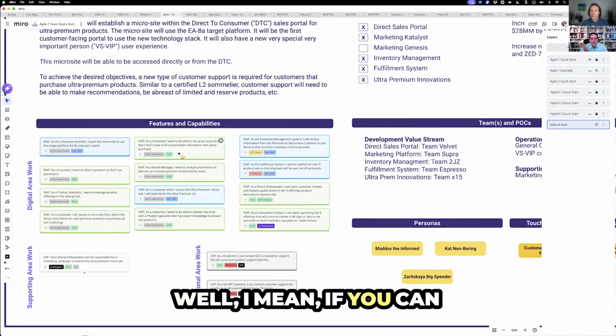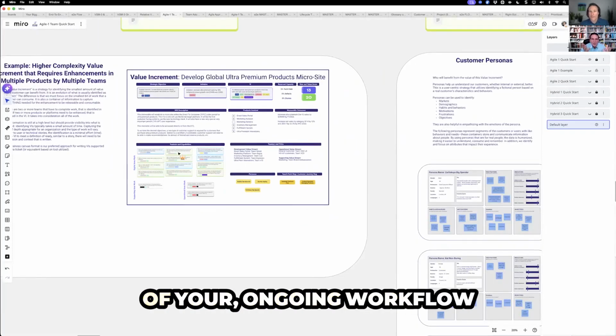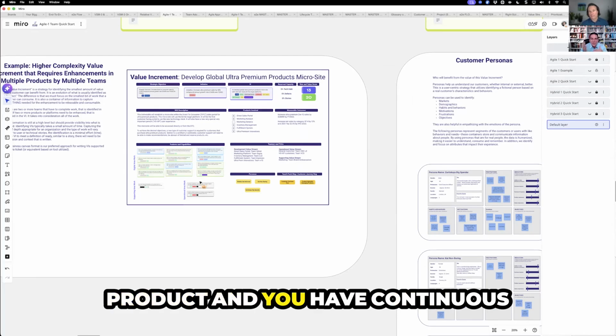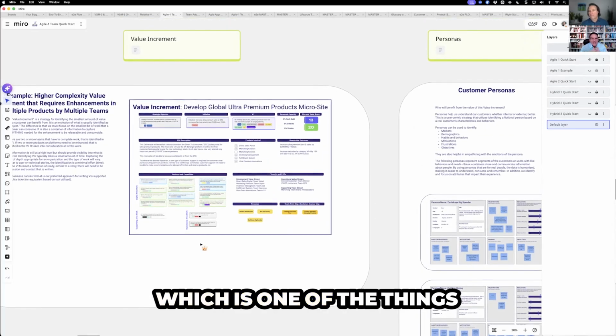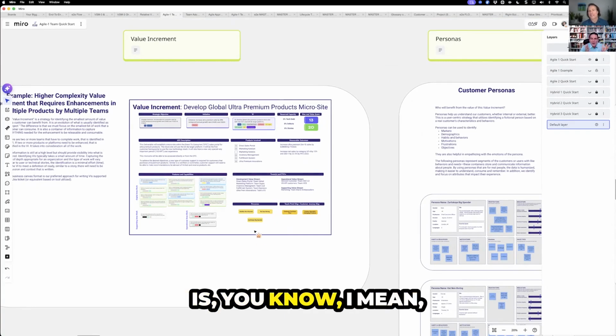Well, if you can cluster your individual things into a cohesive thing, then you can call it a project. But this might be part of your ongoing workflow as well, where you have an existing product and you have continuous improvement, which is one of the things that the WOW book actually talks about. Is I